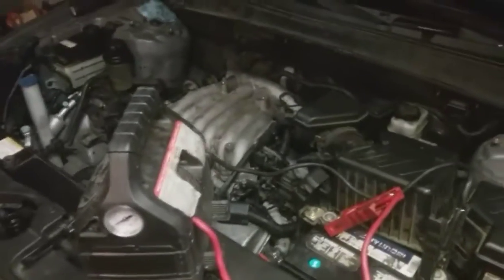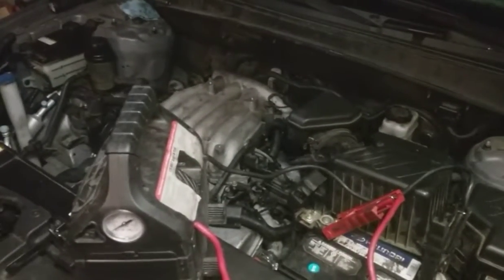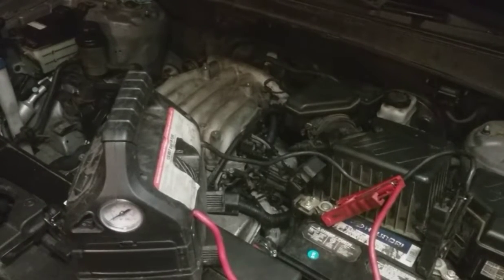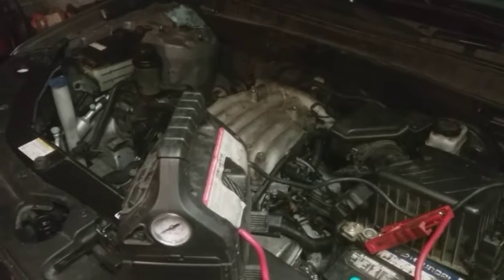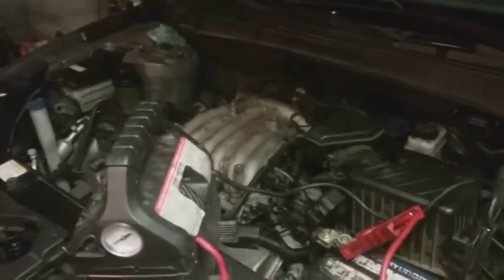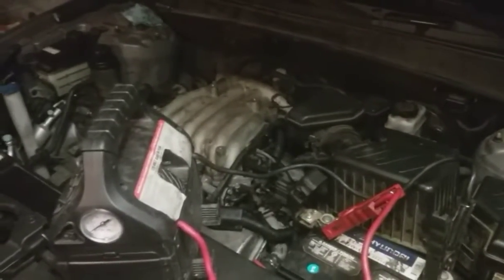All right, so again, the exhaust is not hooked up, so it's going to sound like a truck or like trash. So I just want to listen for any misfires, make sure there's no defective motor, and